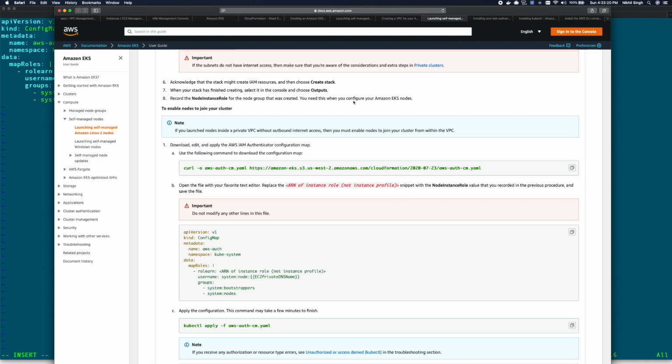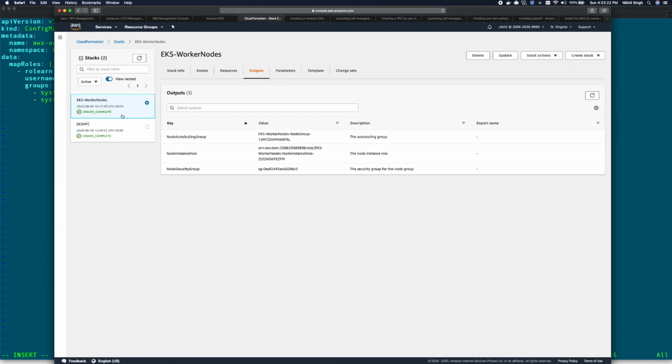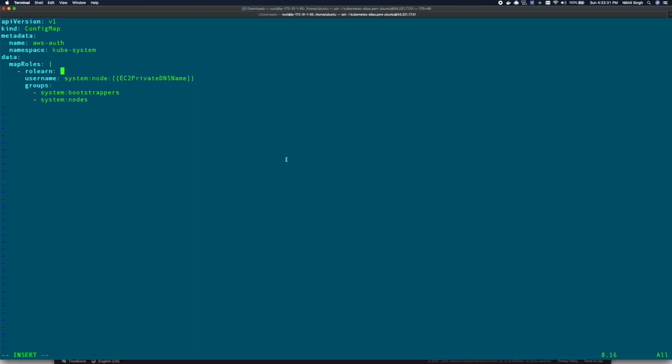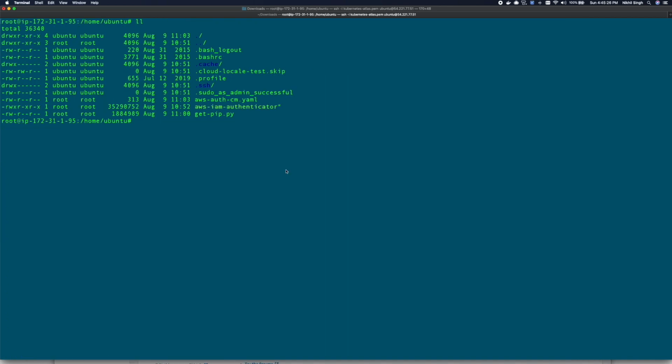So in your CloudFormation stack, you go to outputs for the worker nodes and look out for node instance role. And the value for this is what you need here. So copy it and paste it. Okay, so we made changes to our AWS auth configuration map YAML file, but before moving ahead with making any